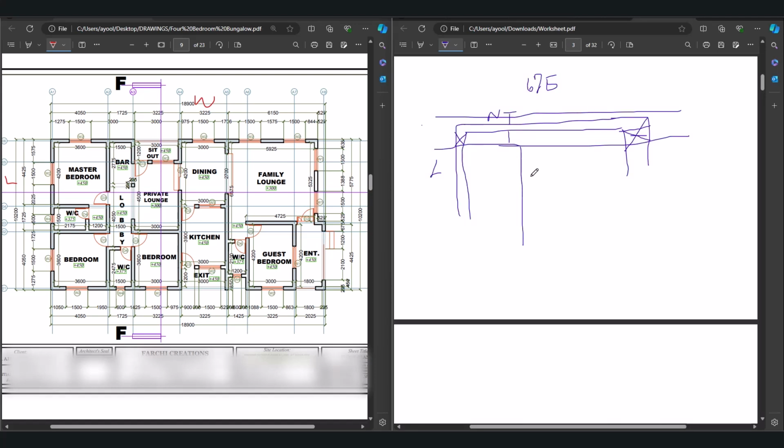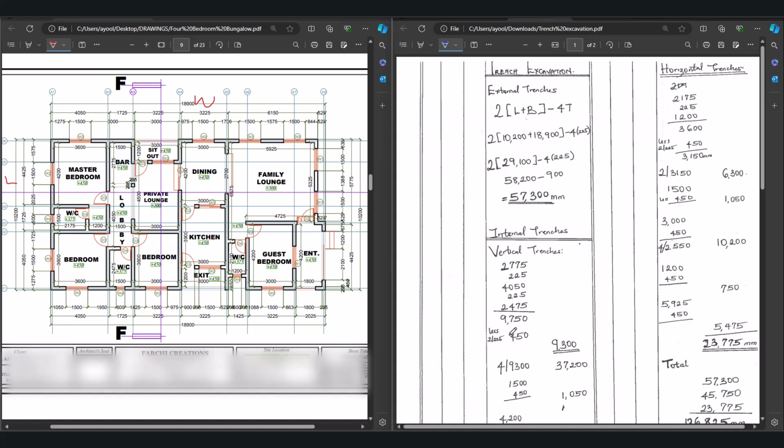So assuming this is our internal trenches, so it connects with the external here, and mind you, this place has already been opened up. This part has been opened up when we were excavating for our external trenches. So in order to avoid double measurement, we are going to be removing this for this part and also for this part as well. So that's 2 of 225. We have 2 multiplied by 225. That's what we have here, 450. So we are going to be removing 450 from 9,750, and we have 9,300 as our length from this point